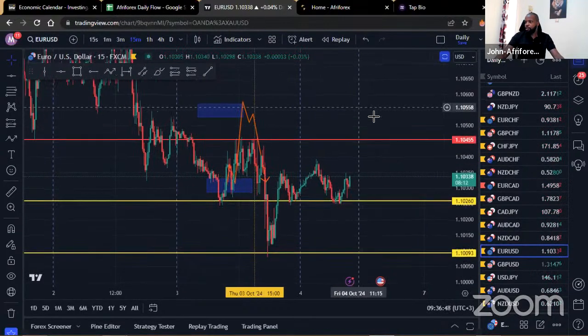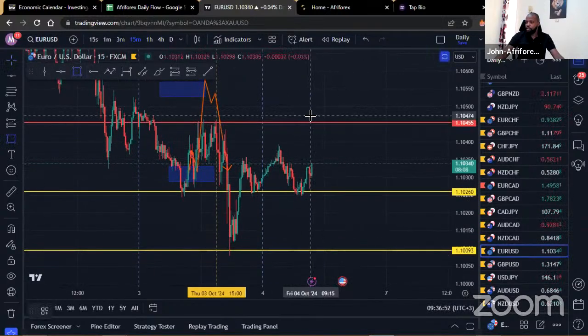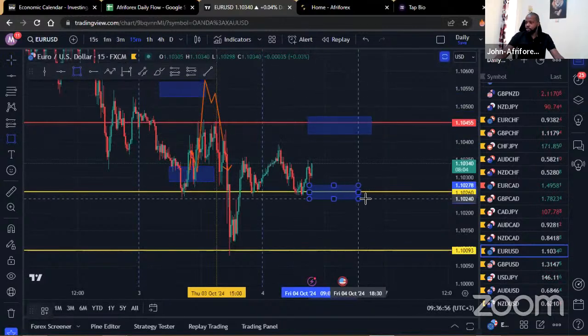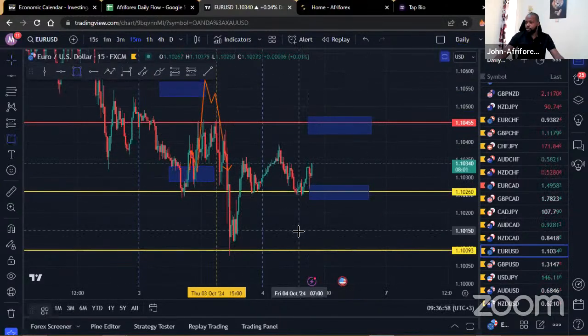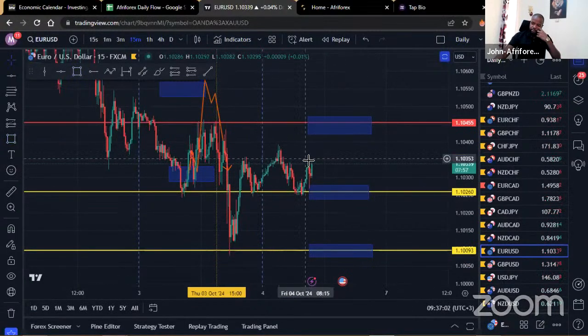So for today, we're still going to be trying to see whether we can get some selling opportunities. So these are the three areas that we're going to be keeping our eyes locked on. So you can take note of them. So we do have the conservative at the bottom right here. Right now, we're just holding above this SNR.